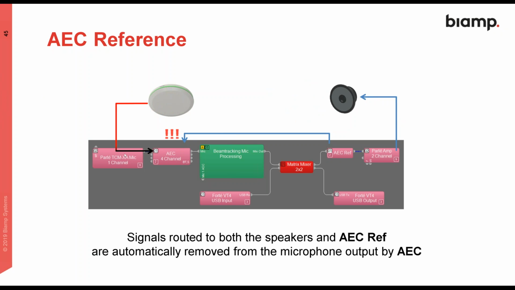And when that signal reaches the AAC block, the AAC channel, 4-channel block on the left knows what's coming because the AAC reference on the right was informed that this signal was being played through the loudspeaker. And then it waits a bit for it to be picked up by the mic and then cancels it. That's how it works. That's already done for you in those design templates you can download, so you don't have